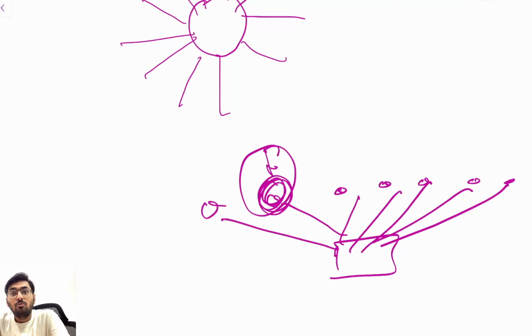The name of the platform is OpenSea. From here you can purchase NFTs, whether it is art or music or anything. Clear? Or if you want to invest in some IPO with the help of crypto, then it is an ICO, which we have also discussed before, that is an initial coin offering. This is also similar to your IPO. Clear?